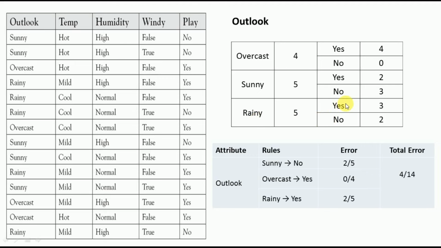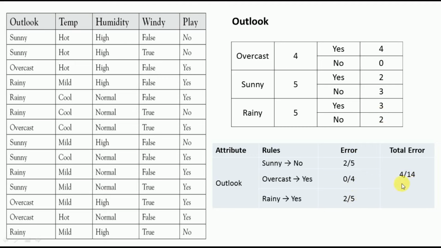We will count how many number of times yes and no are appearing, and write that particular value here. If you see this particular example, the rainy and yes combination is appearing 3 times, and rainy and no is appearing 2 times. If I make rainy is equal to yes, I will get 3 correct decisions, 2 incorrect decisions. If I make rainy is equal to no, I will get 2 correct decisions and 3 incorrect decisions. So better to go with rainy is equal to yes here. If I make that rule, there will be 2 incorrect decisions, that is 2 by 5 is the error,